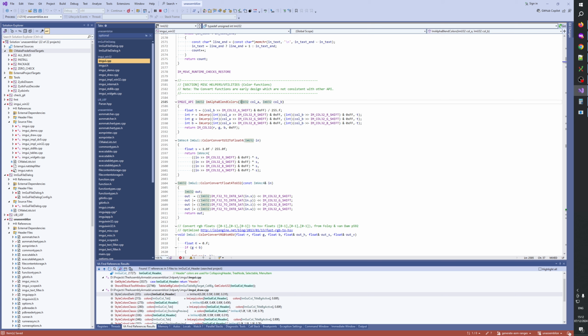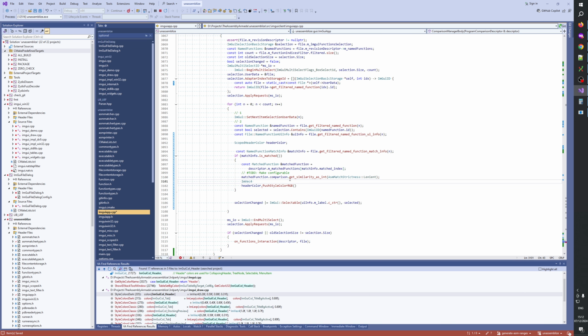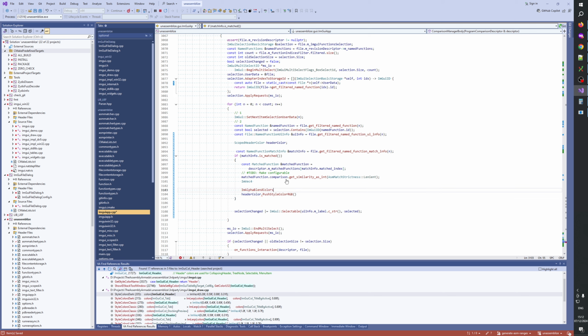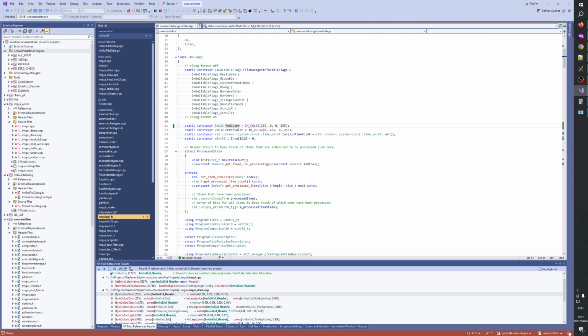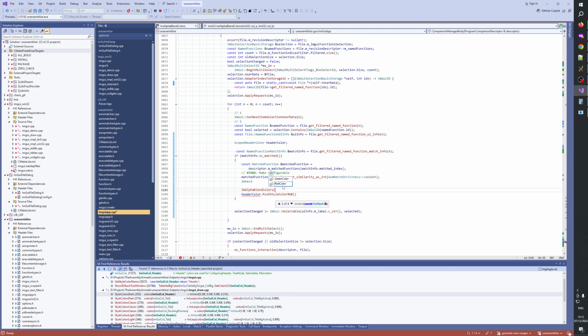Blend colors. It takes U32. Okay, and it gets U32. Alpha blend colors. Okay, then. So let's say alpha blend colors. So we have a red color. So we have ImGui, and we have a red color here,